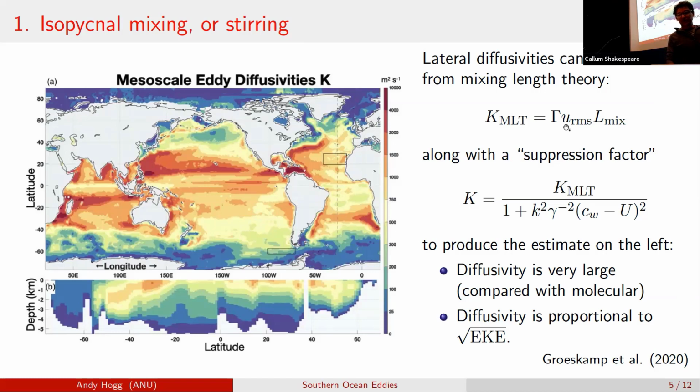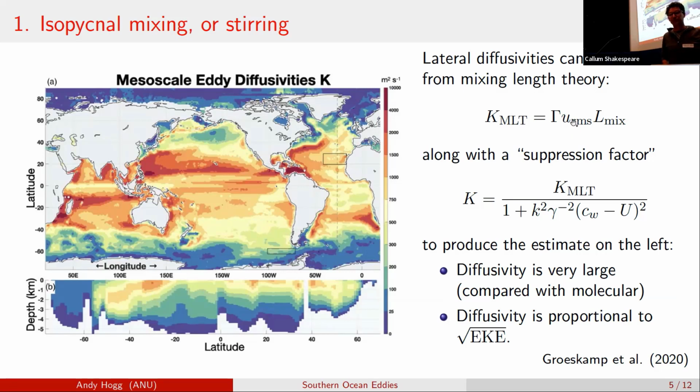The way this is calculated is through a recipe which includes both the U_rms, or if you like, the square root of the eddy kinetic energy, and a mixing length, along with a suppression factor where the mean flow is meant to slow down this lateral stirring. My personal view on this sort of estimation is I actually don't know how good it is. I'm not sure there's a really good way to test how good it is. But if we take it even with a grain of salt,